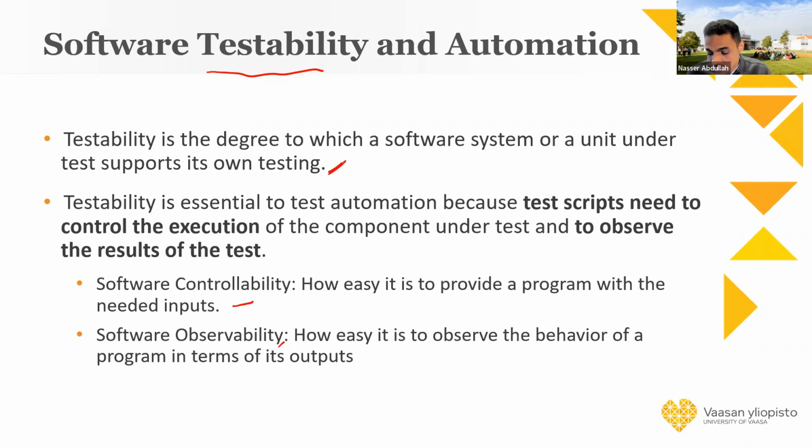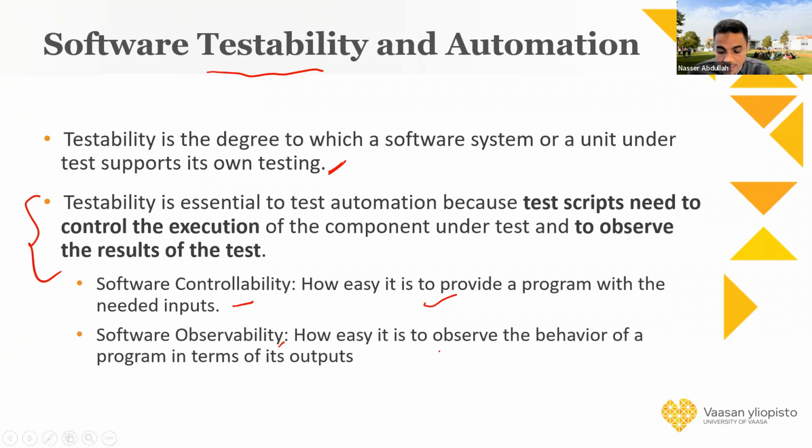The second point is observability. Observability is how easy it is to observe the behavior of the program. These two are important to test automation, because a test script needs to control the execution by providing the input and getting the output. The second thing, observing, is important because we need to observe the result of the test, observing the behavior of the system from its